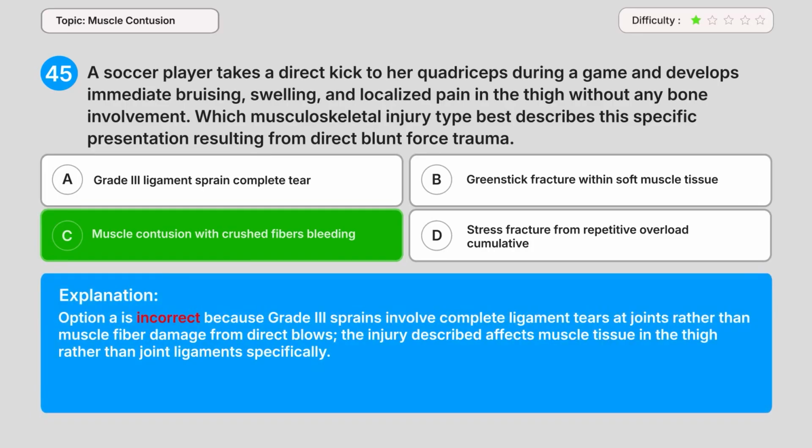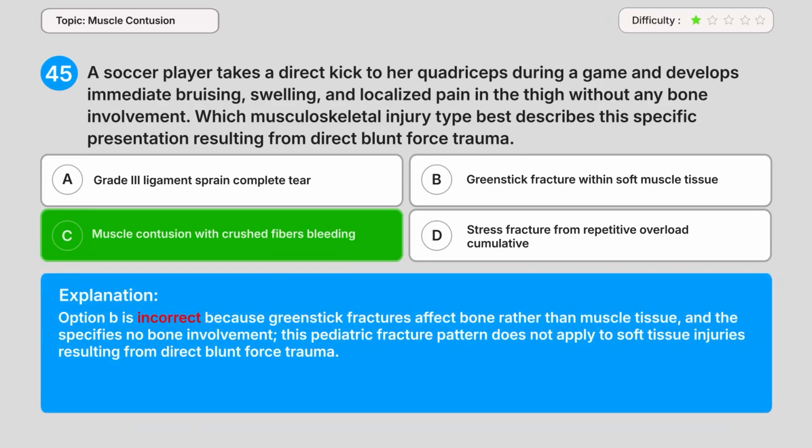Option A is incorrect, because grade 3 sprains involve complete ligament tears at joints rather than muscle fiber damage from direct blows. The injury described affects muscle tissue in the thigh rather than joint ligaments specifically. Option B is incorrect because greenstick fractures affect bone rather than muscle tissue, and the question